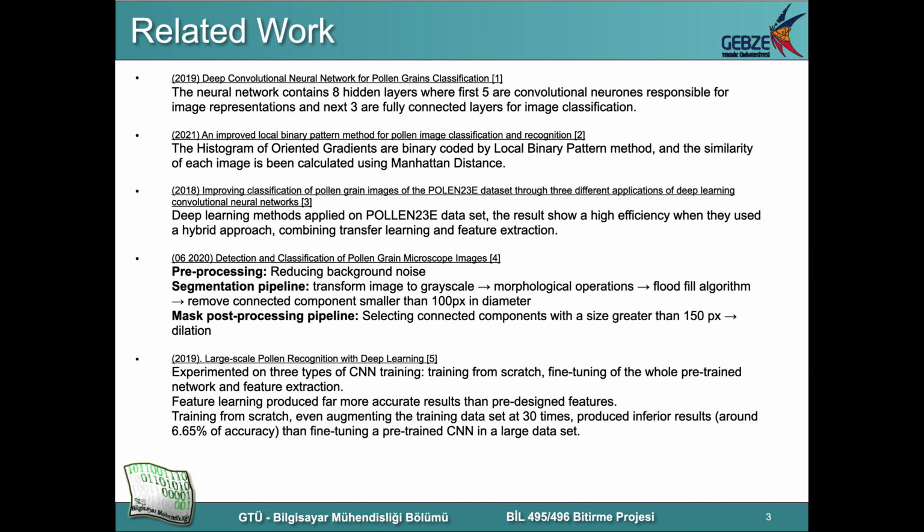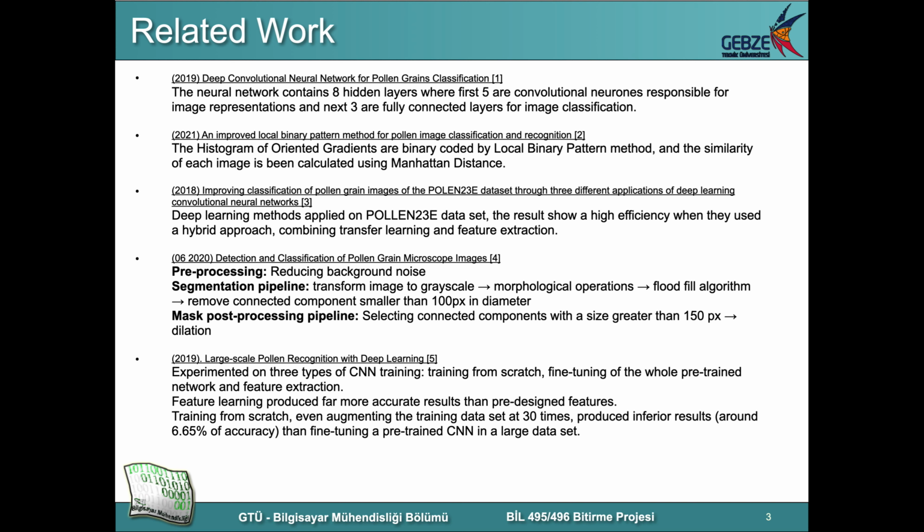The next one doesn't classify pollen types, but their development cycles into 5 groups, such as well-developed pollen grain or anomalous pollen grain. But the segmentation process was interesting. They pre-process the image by reducing the background noise, and then transform the image to grayscale, apply morphological operators, and then a flood fill algorithm to remove connected components smaller than a threshold. And they create a mask by selecting connected components with a size greater than 150 pixels, and they apply dilation